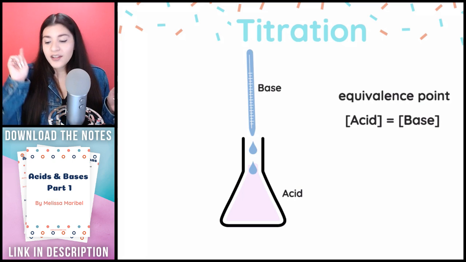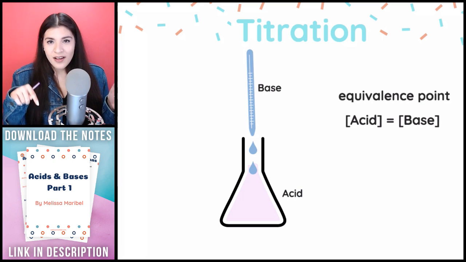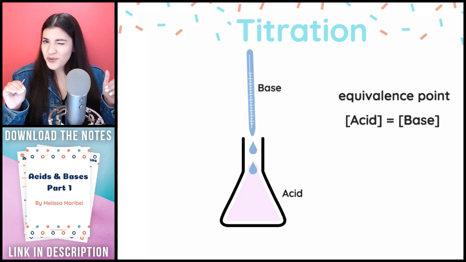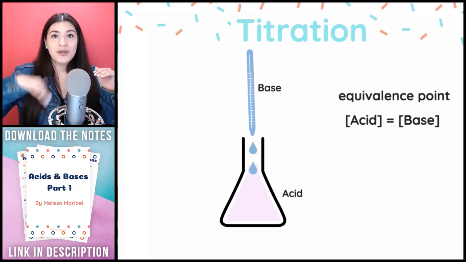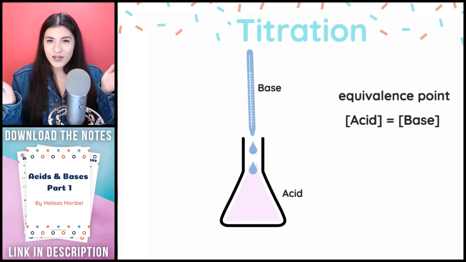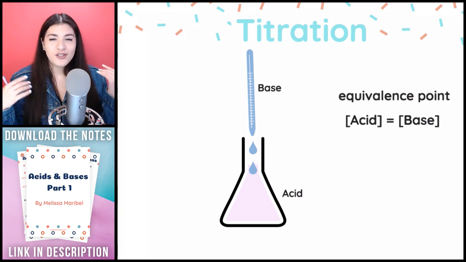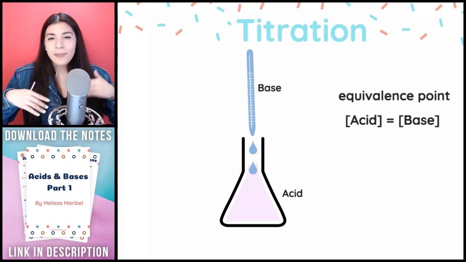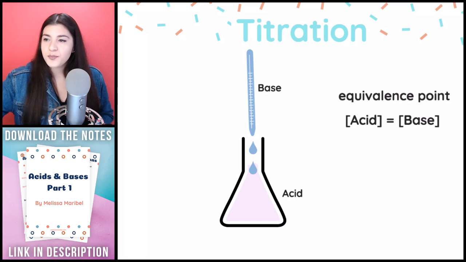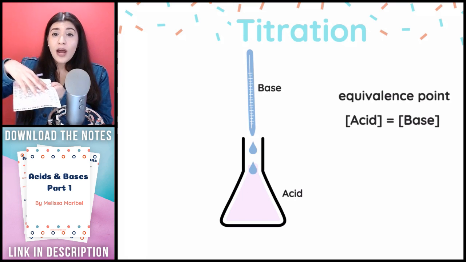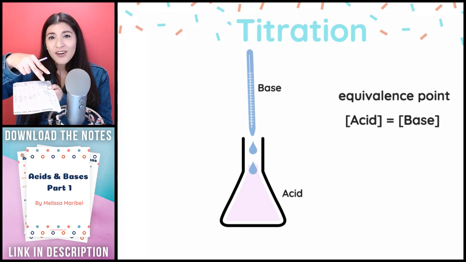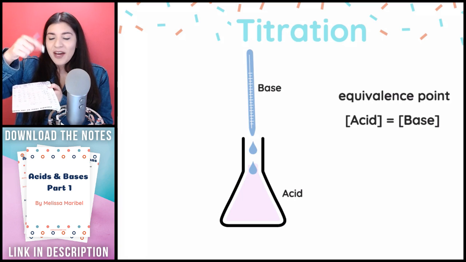Oh, by the way, a little tip with lab. When I started doing this in lab, I would always get my titrations perfect, and I wouldn't have to do it over again. A lot of times you have to do this over again, and this process takes so long. So my little trick for you in lab is to put a white piece of paper underneath, and I'm just going to pretend that this is a white piece of paper. You'd put a white piece of paper, and then on top you would have your beaker, and then as you start to drop the base, I always laugh at that, sorry.